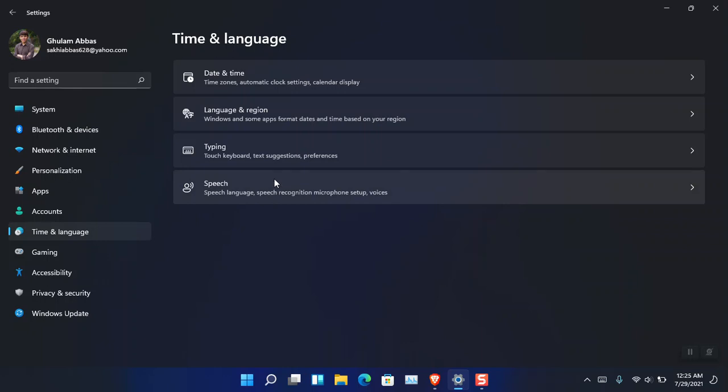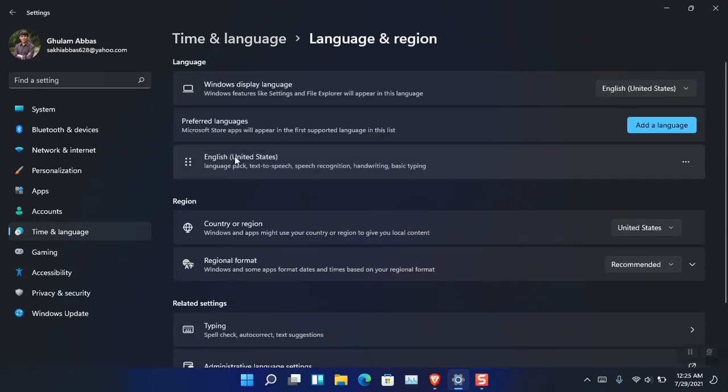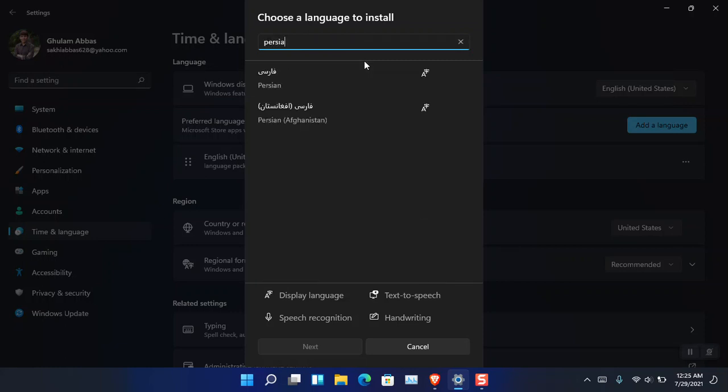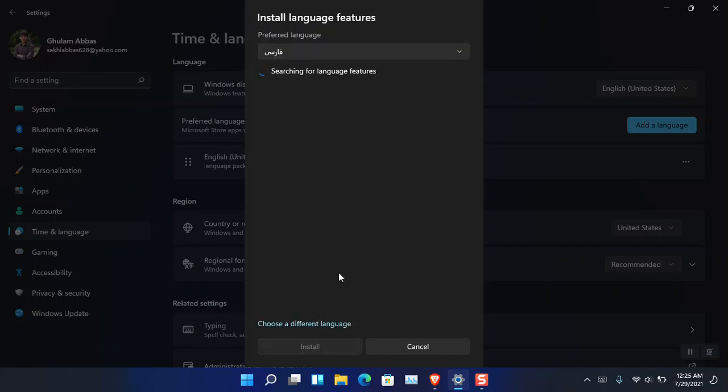And then from here you have to choose language and region, and from there you can see that by default the very own English language has been added since I installed Windows 11 with the default English language. So to add a new language, simply click add a language and then type the name of the language that you are interested in, and then you can see that I have searched for Persian, and now simply choose next